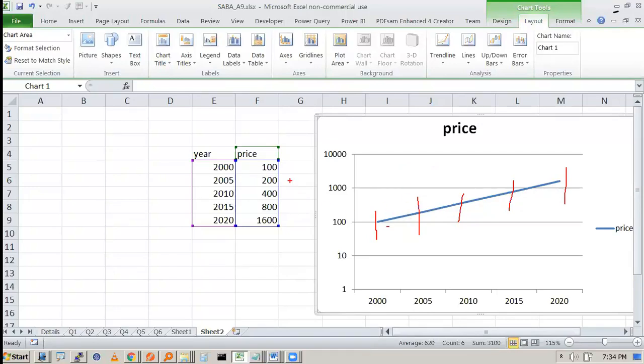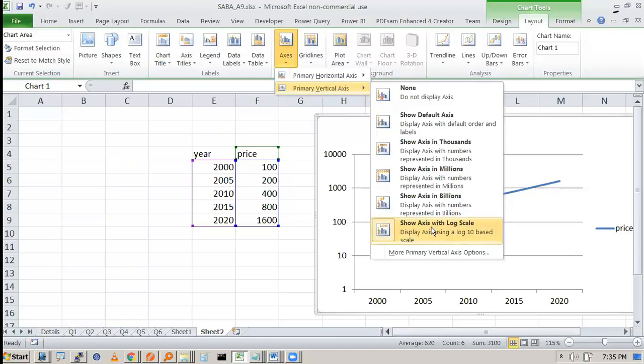So always remember, whenever you have something which is growing at some rate, like sales of companies, profit of companies, stock prices, or even the population of a country. Imagine India's population growth rate has gone down, but still in number terms we are increasing more as compared to the last 10 years. So whenever you need to know the multiplier type of trend, use a log scale. Don't use the normal plot area. So the normal vertical axis should be shown with the log scale. That is the important item over here.